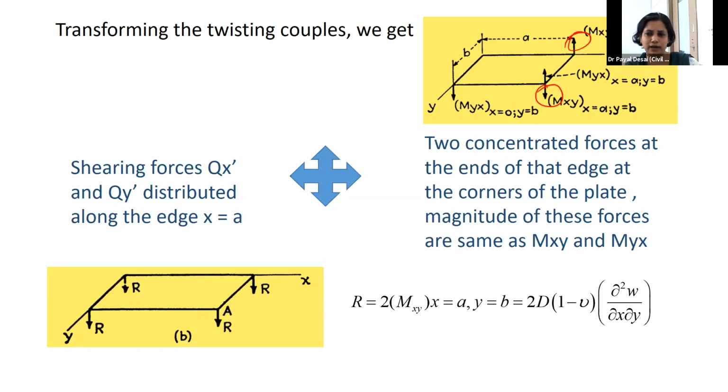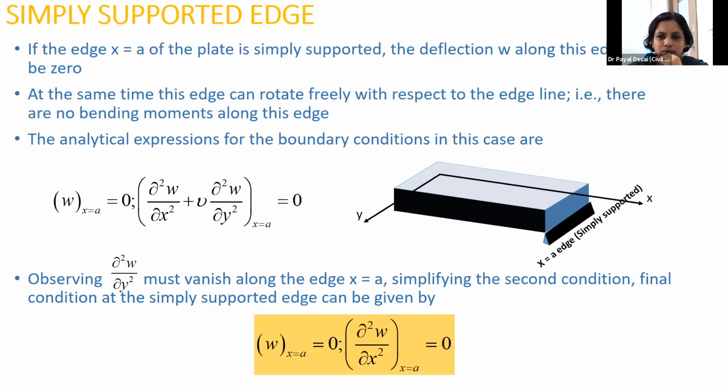And from the design point of view, I need to provide the extra reinforcement. Reinforcement has to be there at the corners of the slab, and this phenomenon you have observed in plate design also. So this R is being replaced. The magnitude of that reaction will be double, because you are traveling from left to right and then front to behind, and then you get 2 times this kind of force. So Myx, Mxy, and then you double it. So this is a reaction, and you may observe this phenomenon in the design of the slab by providing the corner vertical reaction, torsional reinforcement. Okay, this is about the simply supported boundary condition.